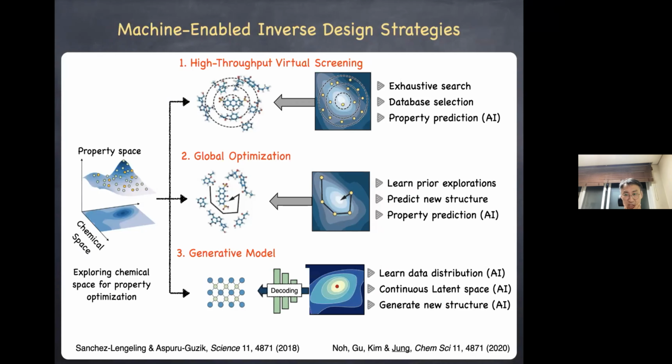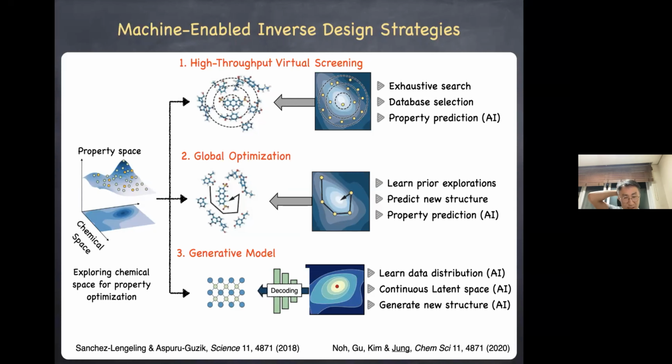In global optimization, for example in the evolutionary algorithm, you start with some reasonable guess, evaluate the property of the candidate, and do some kind of mutations or crossovers. You balance between exploitation and exploration, and try to find the optimal point. Along the way, you utilize the information of prior visits. So you can say that global optimization may be more efficient than high-throughput virtual screening.